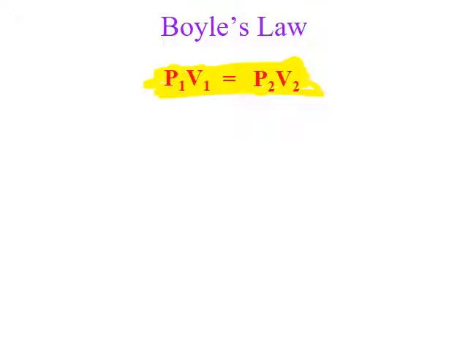So how the question would look is basically, out of these 4, 3 of the conditions would be given to you and the question would be looking for one missing condition. Okay, the only important thing when using this formula is to remember that the unit of P1 and the unit of P2 should be the same. It could be atm, it could be pascal, kilopascal, mmHg, it doesn't matter. As long as both of them are the same, you're good. And the same is true for volume.